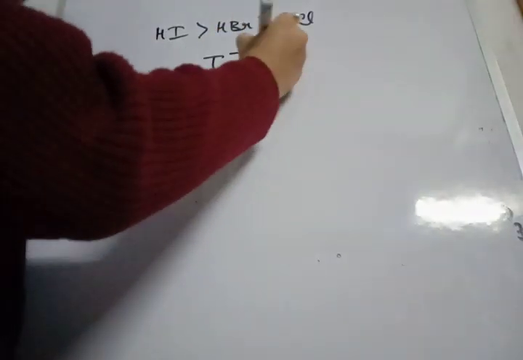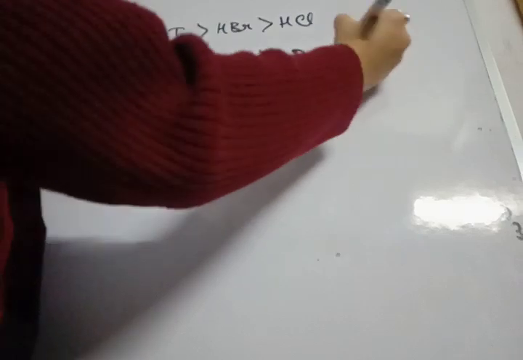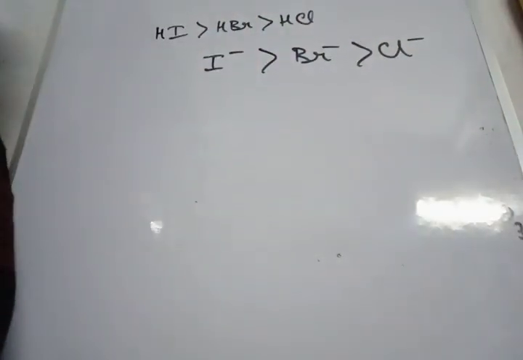Now this particular reaction is an example of nucleophilic substitution reaction in which halide ions act as a nucleophile. Okay, here we know alcohol reacts with the halogen acids in presence of some dehydrating agent. Now that dehydrating agent can be either concentrated sulfuric acid or anhydrous zinc chloride. Right? Now it's an example of nucleophilic substitution reaction, and the order of the nucleophilicity of the halide ions is given as this: I negative greater than Br negative greater than Cl negative.